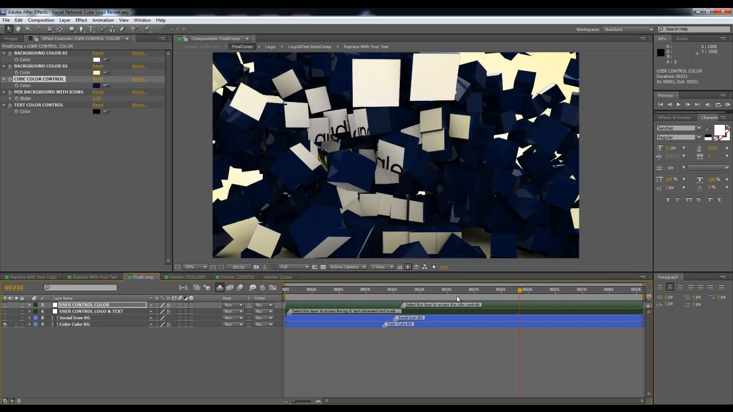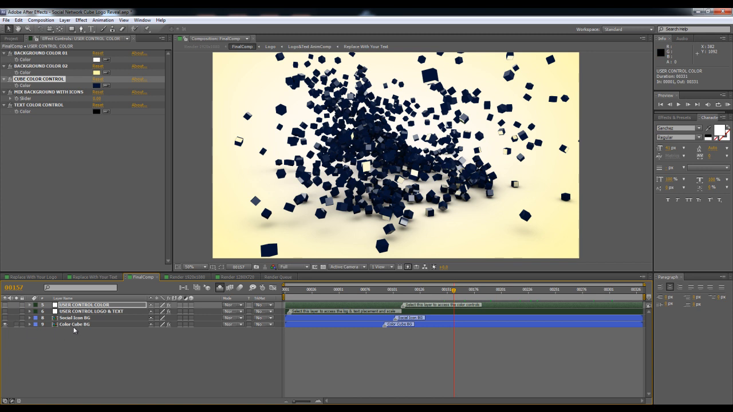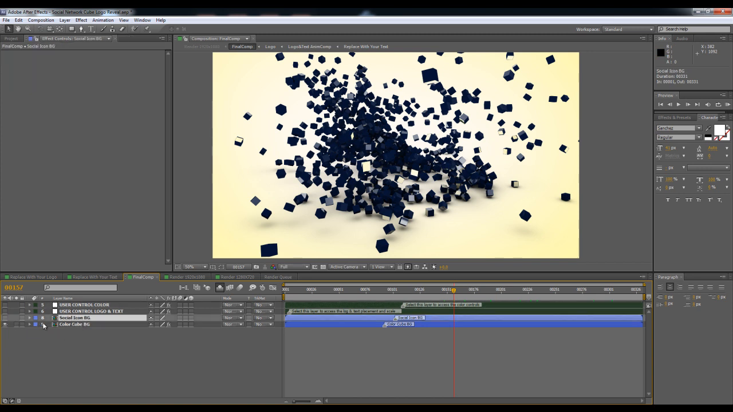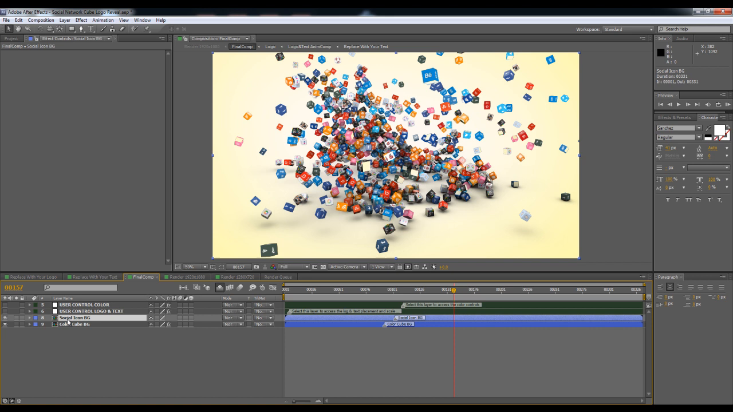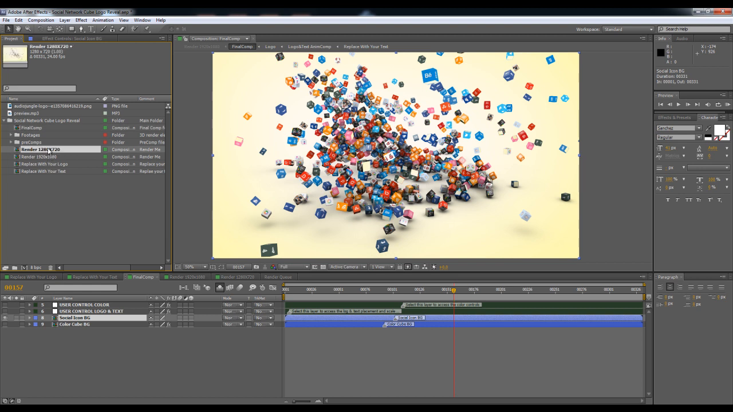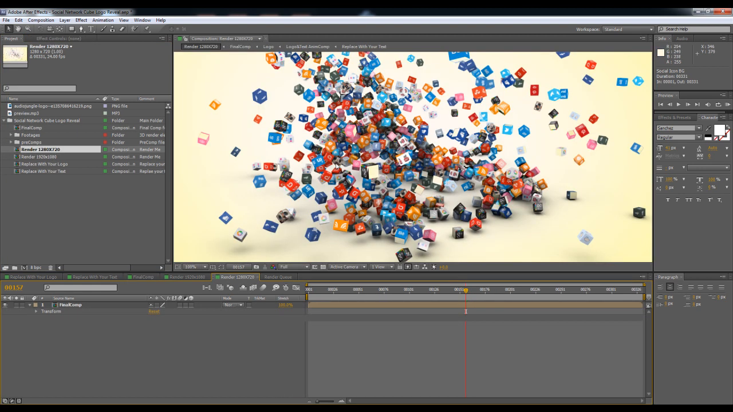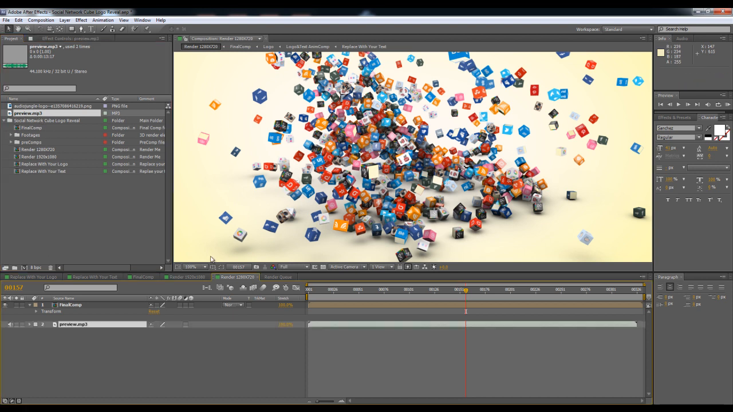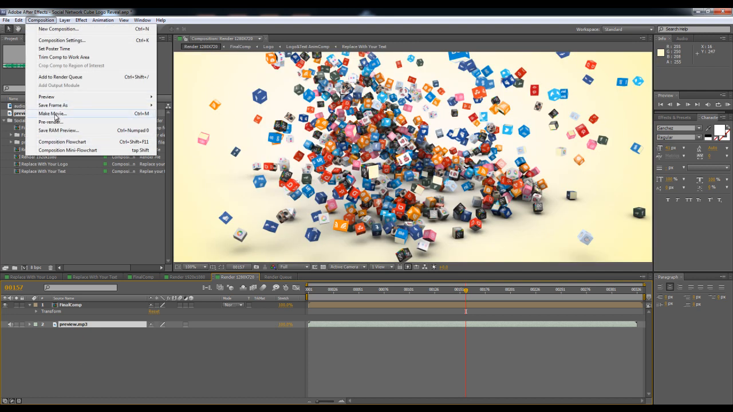So for this version, let's just say we just want to stick with the social icon. So let's just turn on the visibility of our social icon BG layer in the final comp, and then turn off the visibility of the color cube BG layer in the final comp. So let's say I want to go ahead and render this out in 1280 by 720. I can just double click and I can drag and drop my audio if I want to render this out with audio, and drag and drop my audio inside the comp, and then I can go to composition, make movie,